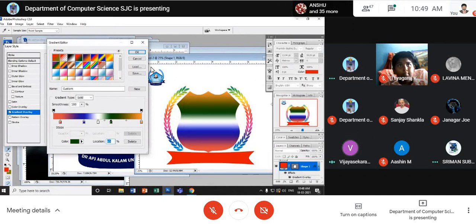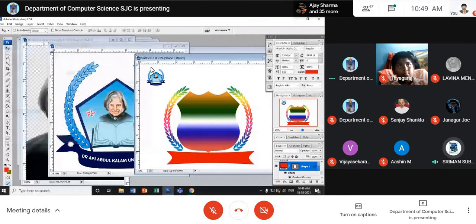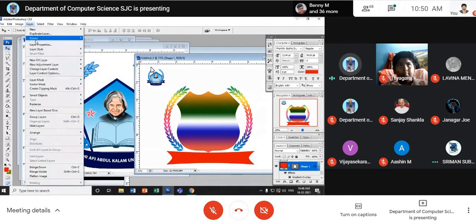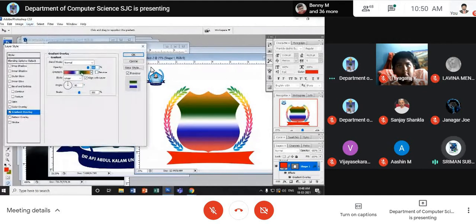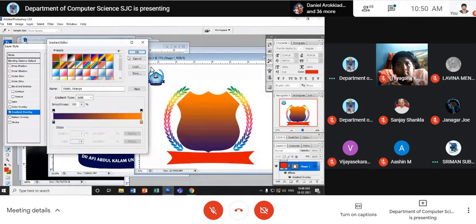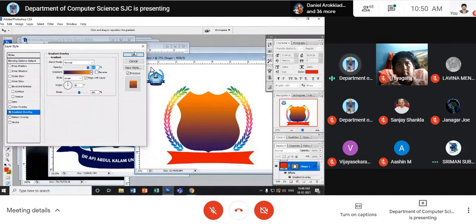Sir, thank you. Sir, one more doubt, sir. How did you select that arc and center emblem, sir? With both the colors you changed now, sir. Which one? Arc and center emblem. This arc you are talking about? Yes, sir. And center image also. Center separately. I did it separately. See, you choose this one separately. Go to layer, layer style, and change the gradient. Sir, you select both and change color together, sir. No, I have not done it together.